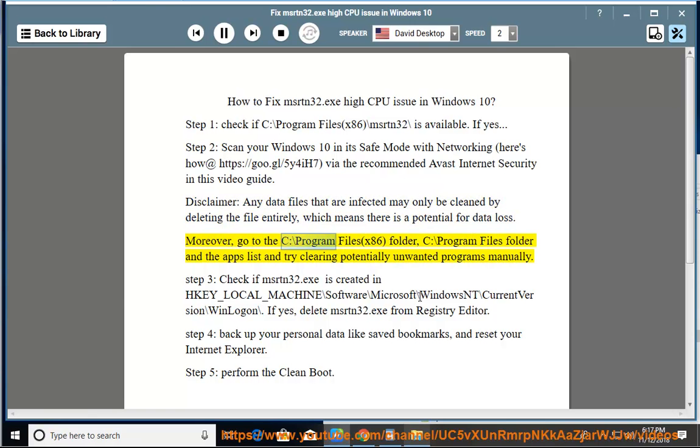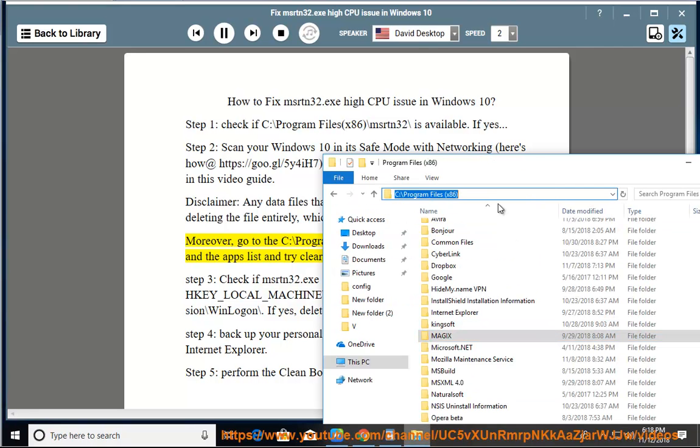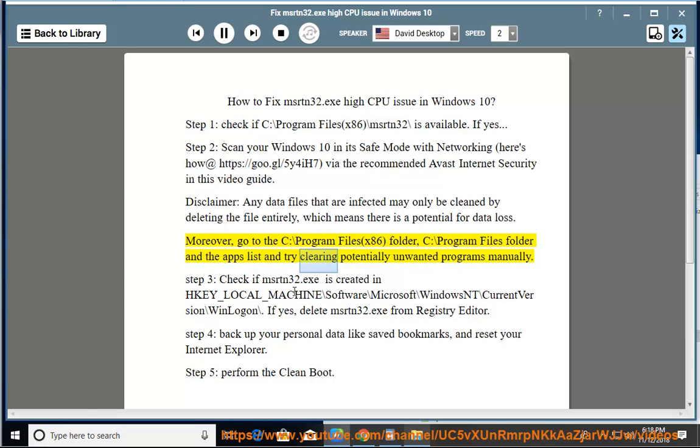Moreover, go to the C:\Program Files (x86) folder, the C:\Program Files folder and the apps list and try clearing potentially unwanted programs manually. Step 3, check if msrtn